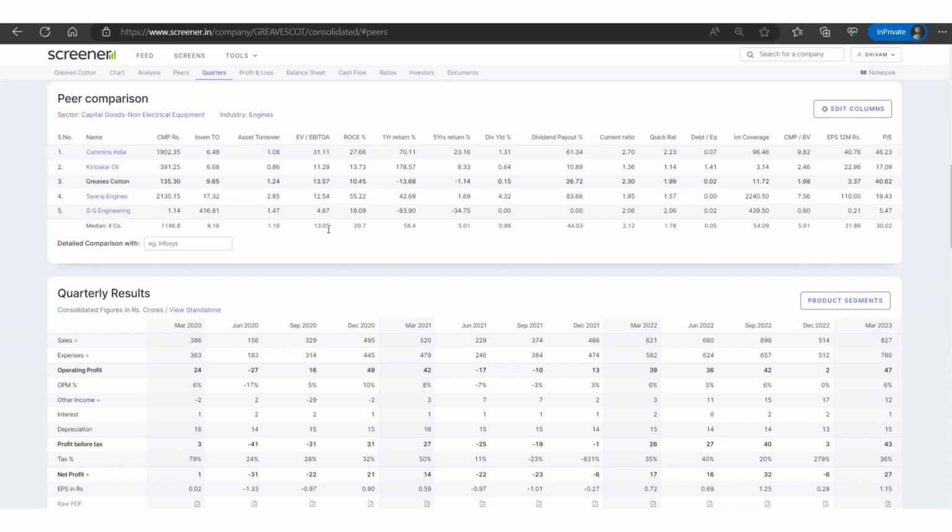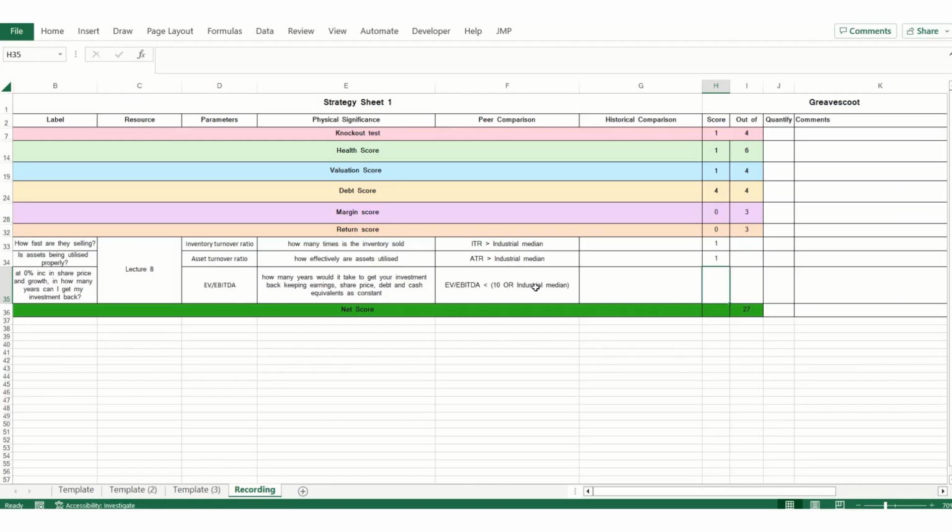I mean, you can see that it's almost equal to the industrial median. That's 0.5 times higher. And you can see that geoengineering actually has a lesser EV by EBITDA. That means enterprise value has been valued lower. So that is a good sign for an investor to buy. That means the company is discounted. So we'll still label it as 1 since it is almost near the industrial median. Now these dilemmas you are going to face when you analyze and use the sheet, but it's okay. Use your common sense and go with it. So this is all for these 3 parameters.